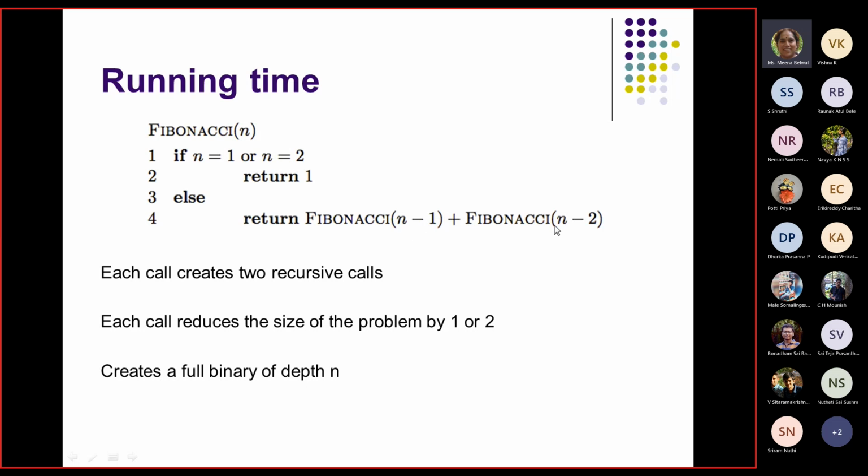Then you called Fibonacci n minus 2, the size of the problem reduced by 2. You have the answer only for Fibonacci 1 and Fibonacci 2. That's the terminating condition, right? For the rest you will be doing this. It's a full binary tree of depth n, right?